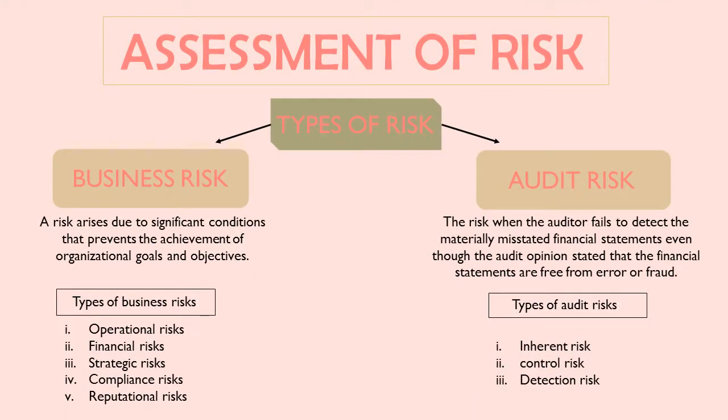Assessment of risks. There are two types of risks: business and audit risk. First, business risk. It is a risk that arises due to significant conditions, circumstances, events, actions or inactions that could prevent the achievement of organizational goals and objectives. There are many types of business risks such as: